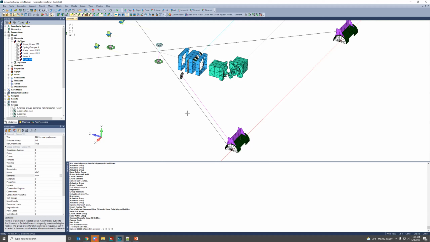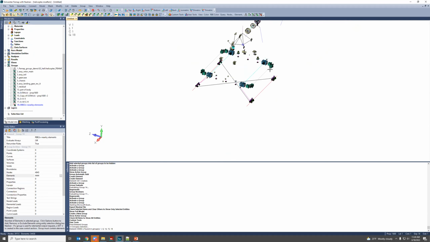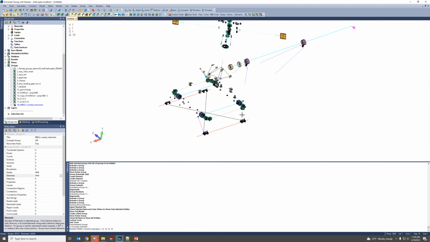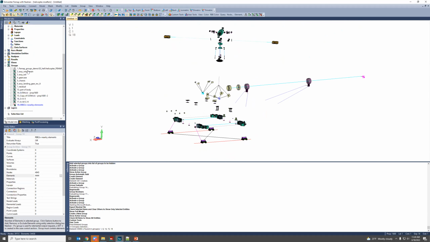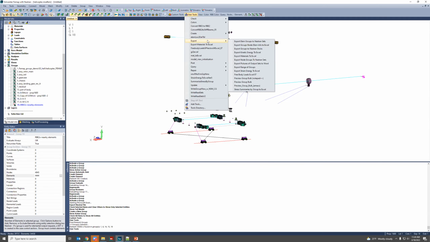The other one that I want to show you is exporting a group to a Nastran file. Now, you might have a whole analysis that you like to export to just one single DAT file. But oftentimes, if you're working with groups, you have a lot of different parts, and maybe you'd like to organize this externally to Femap, as every single group is going to be a different include file in your Nastran deck. So the way that this API works